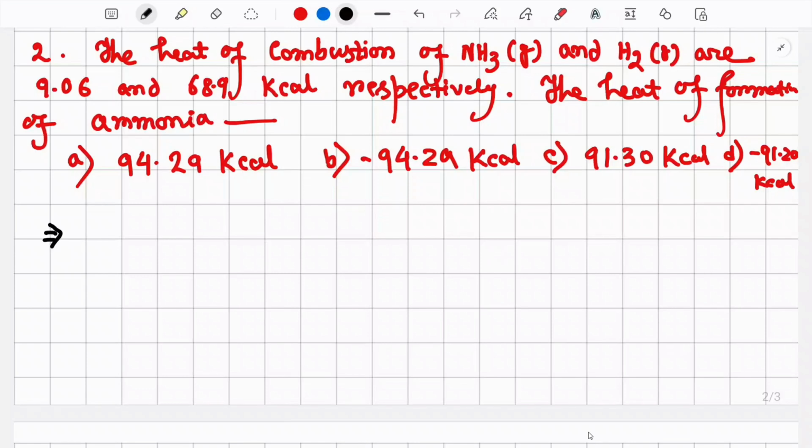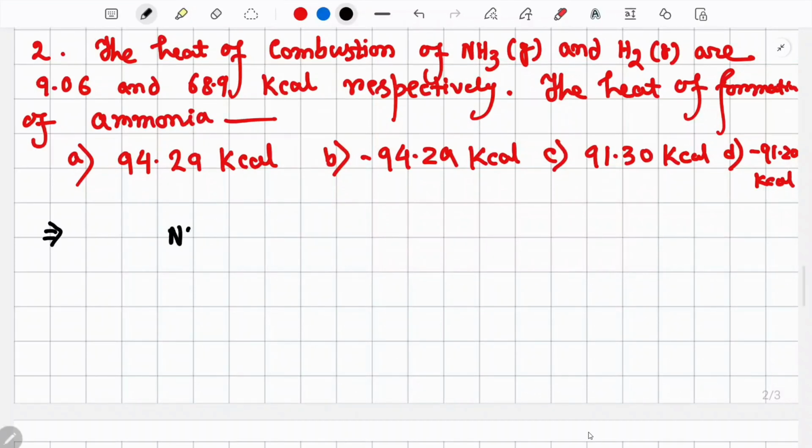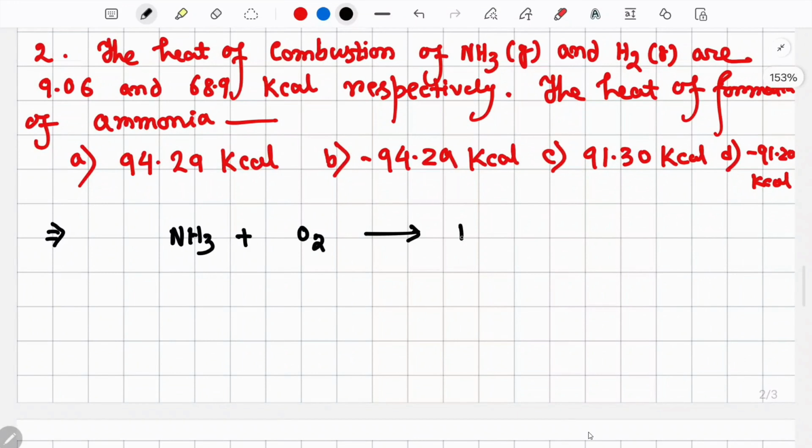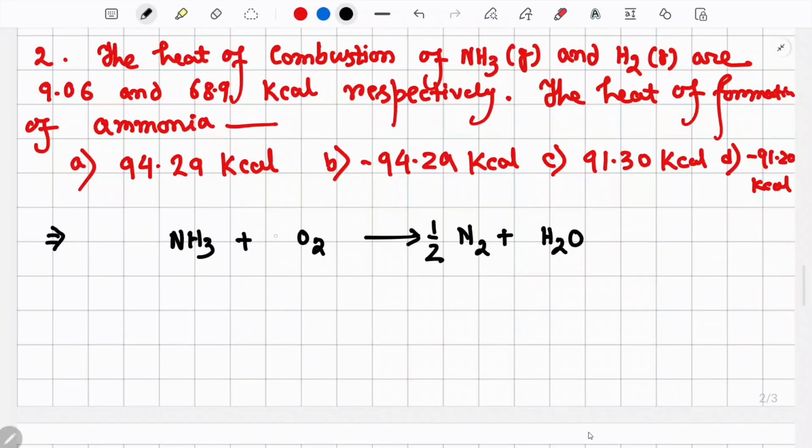First, you see the heat of combustion for ammonia and hydrogen is given. Heat of combustion means you have to burn ammonia in oxygen. So it will give you nitrogen plus water. How can you balance it? 3 by 4 O2, half N2 and 3 by 2 H2O. Yes, correct. And this is given, this delta H for this reaction A,